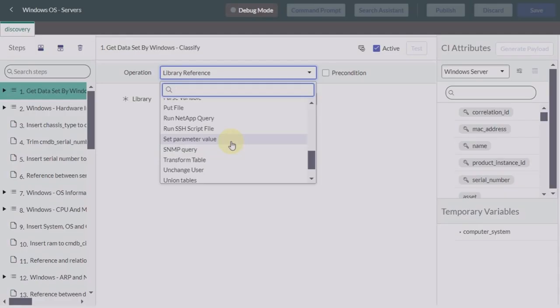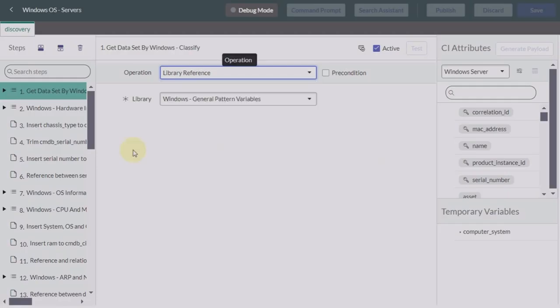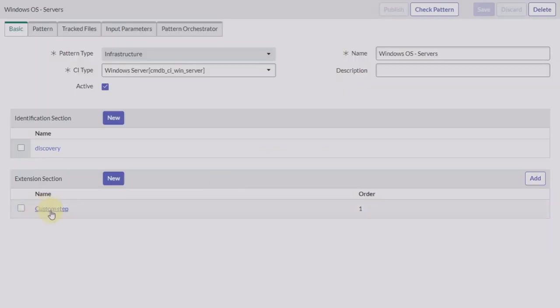It allows the patterns to populate a variable with a constant value. It is an easy way to populate a variable and can be used multiple times throughout a pattern and gather information and validate against other variables. The syntax is important to understand when using this operation. So we will not mess with this particular section. Let's go to our custom step